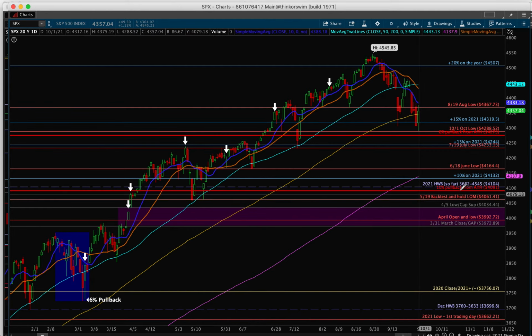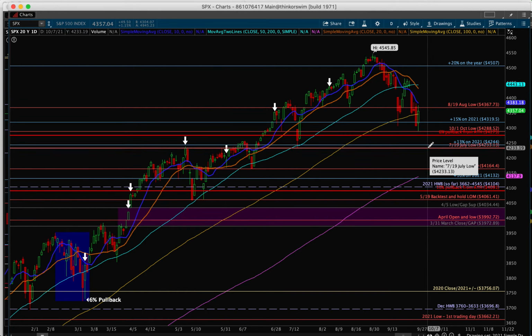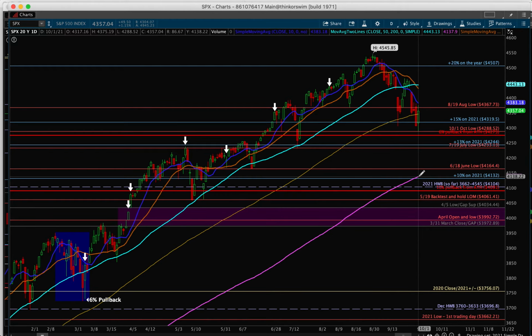And our 2021 halfway back, just below that at 41.04. So there's really, I'm having less and less faith in the idea that this 42.70 to 75 area means anything. Maybe we got to go all the way to 42.50, maybe even look below 42.50. And if all that doesn't hold, then it's the 200-day simple moving average all the way down here around 41.37 and rising. Okay, let's look at the roadmap.